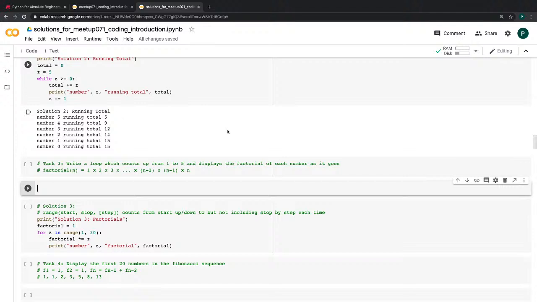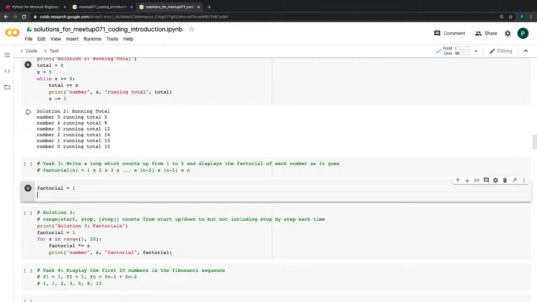So how would we write this? We could use a while loop for this one. So let's say we'll have a variable which we call factorial, and we'll start that one with the value 1 because we're multiplying. If we put a 0 in there, anything we multiply by that will return a 0. So I'll start off with 1, and our Z can also start off at 1,